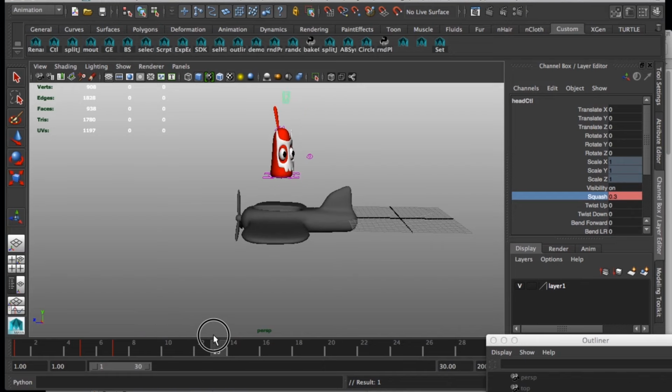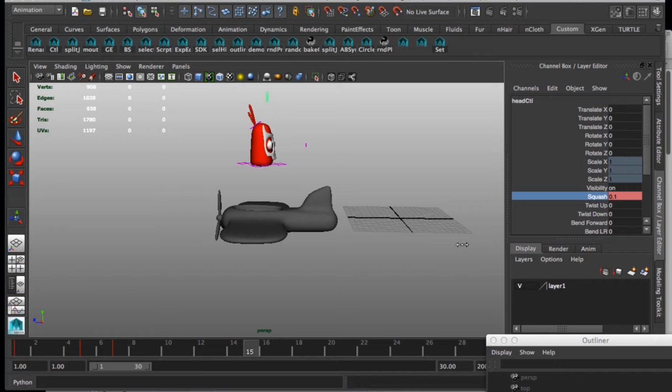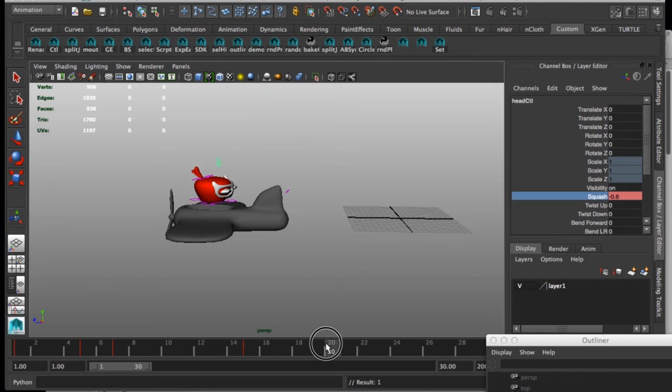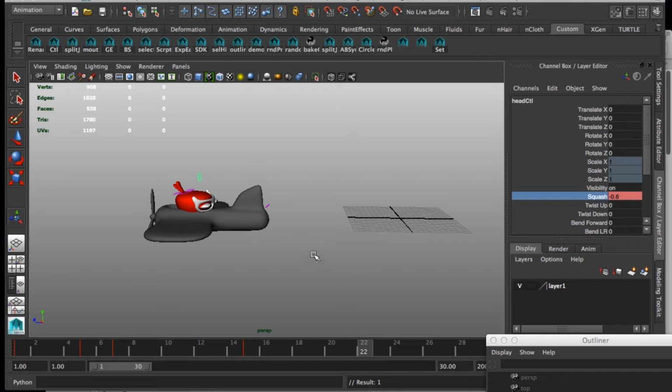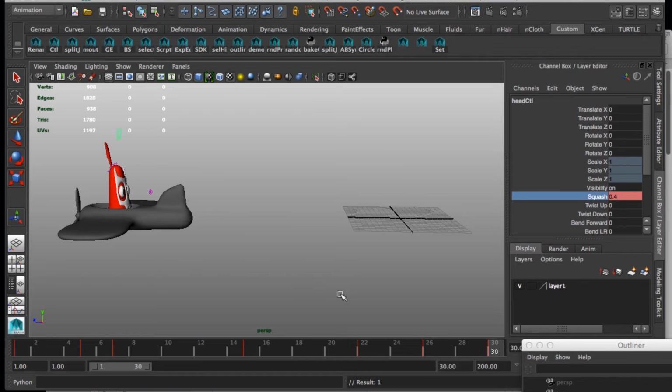He's stretching, stretching. Then maybe about here he squashes. And then as he falls, he stretches down. And then he squashes. And then goes up again to 0. Alright,